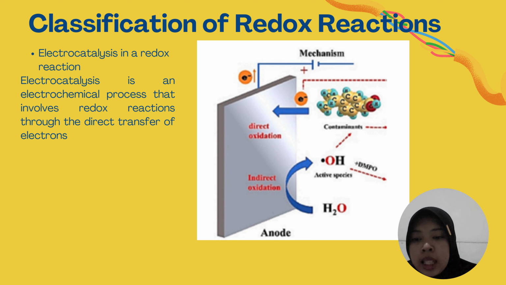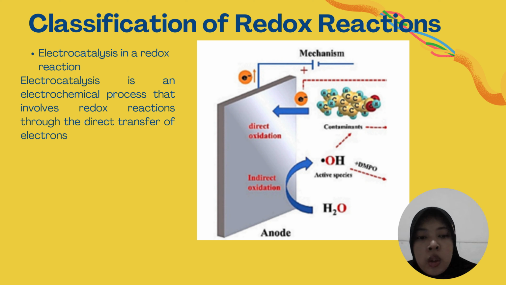Direct electrocatalysis can be used to produce radicals at the electrode surface without the use of any chemicals. One of the direct electrocatalysis methods is anodic oxidation, which can produce hydroxyl radicals from the water at the anode